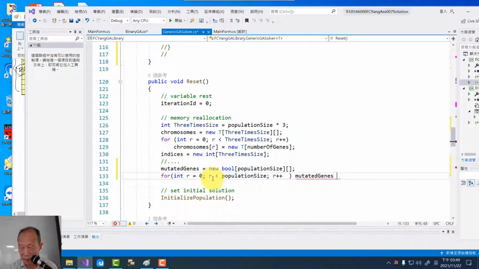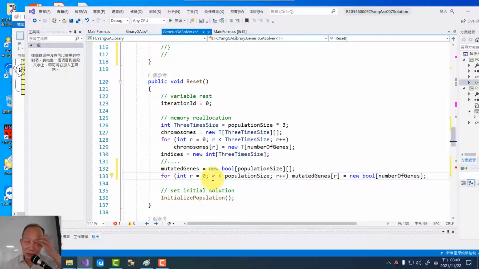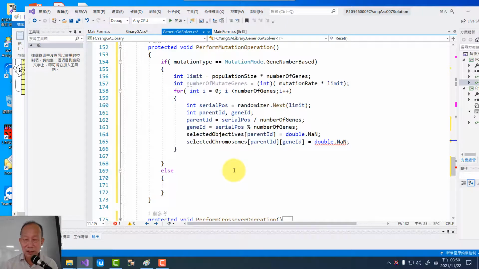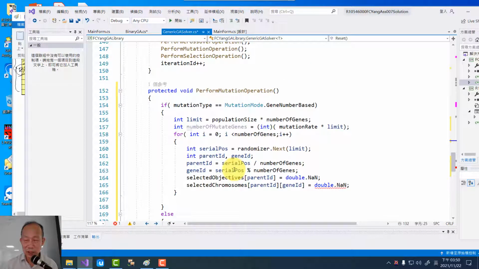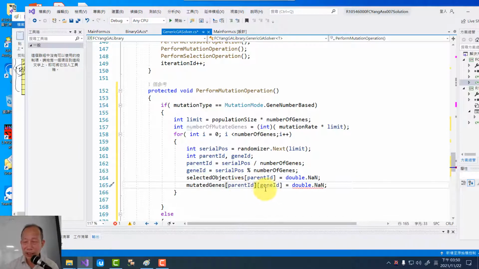Mutated gene, the row, bool number gene. Okay, so we have this array and it's ready for us to use. So mutated gene. In that case, we need to, let's say, mutated gene, parent ID, gene ID equal to